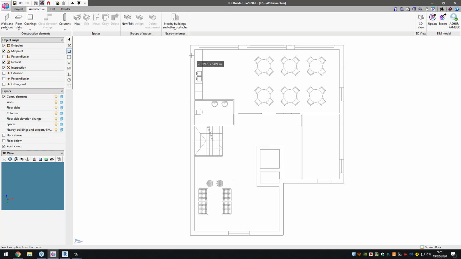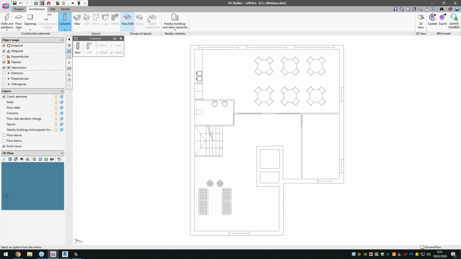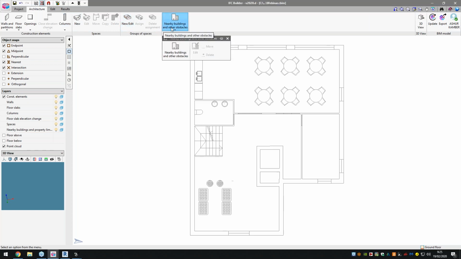What this basically does is once we've defined that space, we go into our different applications, such as, for instance, our energy applications, where we need to define different spaces as having different characteristics, and you can see where I'm going there. So columns, different shaped columns, groups of spaces as well, we can group them, and also introduce nearby buildings and obstacles. So this is another nifty feature here, is we can define different buildings as having this sort of,